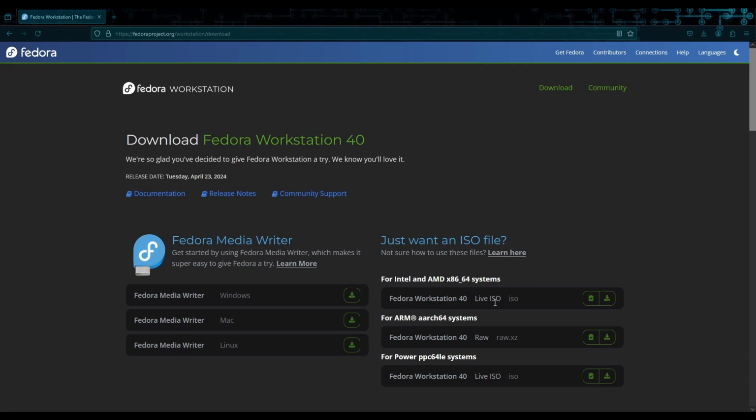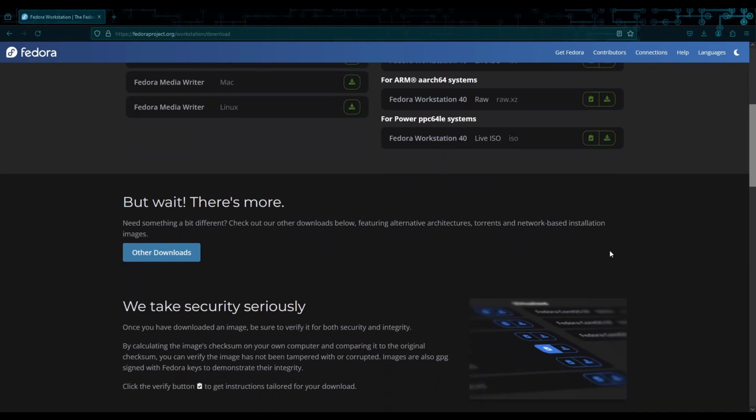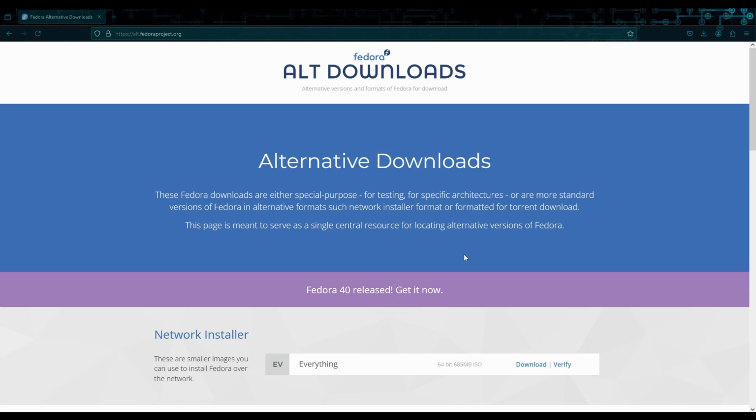That means when we boot into this media, we're going to actually be able to preview the operating system before we actually install it. So go ahead and click on this button to download the file. And while that's downloading, I'll take a moment to show you some of the alternative download options that you have here. So if we scroll down and click on other downloads, all distro websites have an alternative page, and it